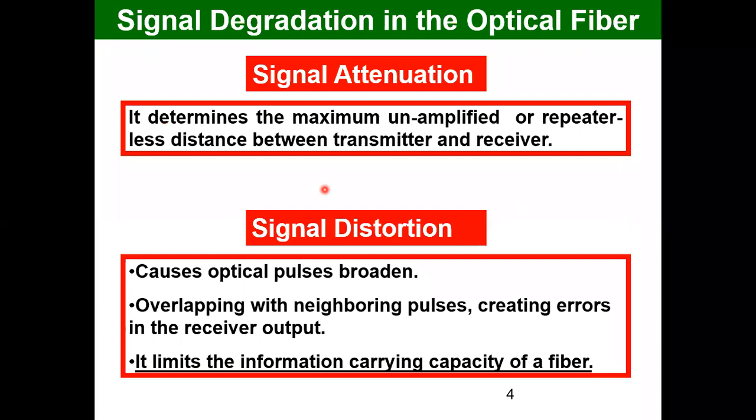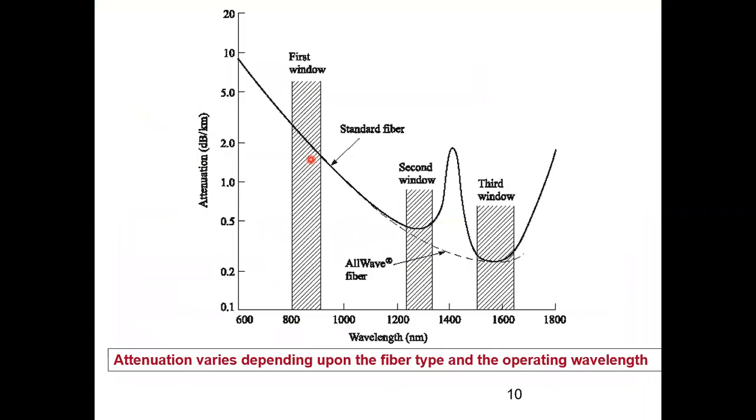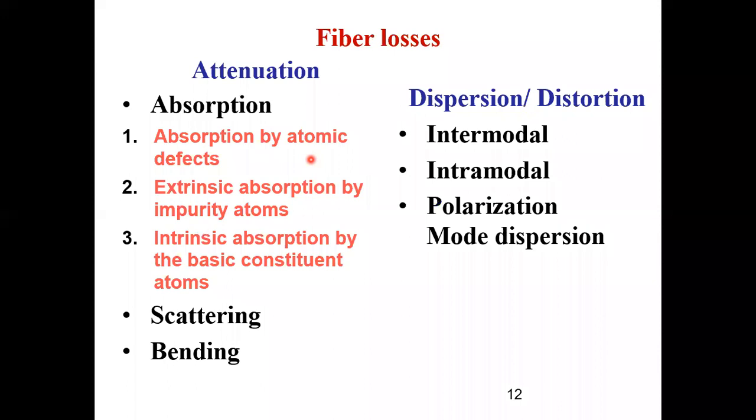So if I say what is the definition, I'll just show you this diagram before you start. If anybody is making notes, on one side, you can write: fiber loss is of two types. First is attenuation and the second category is dispersion.